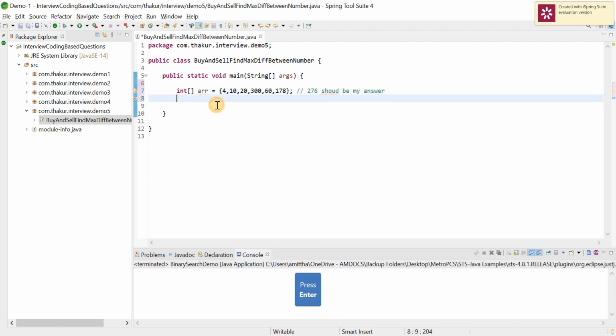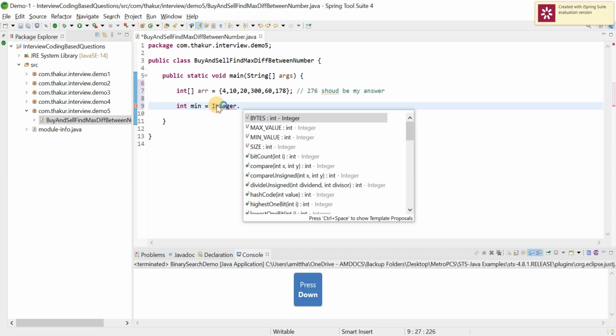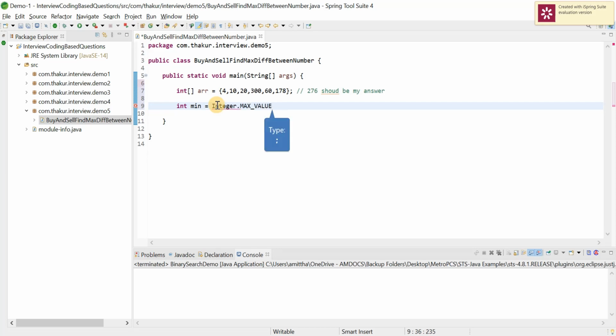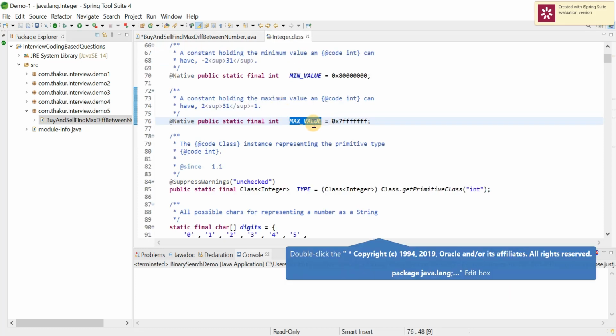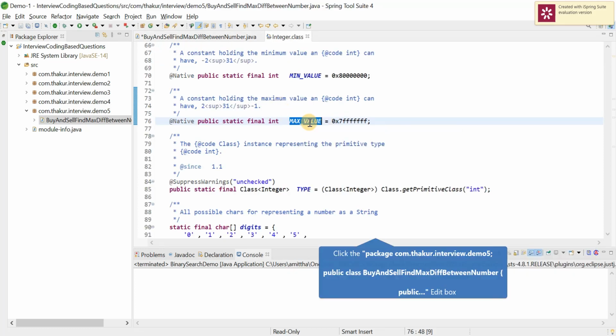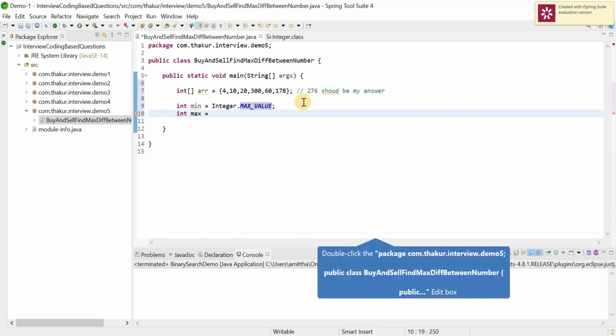So how can we implement it? How can we achieve it? Let's say I don't know the min and max. First I will take Integer.MAX_VALUE for min.